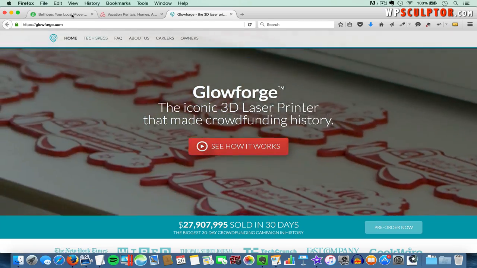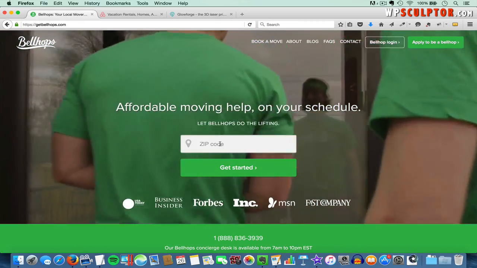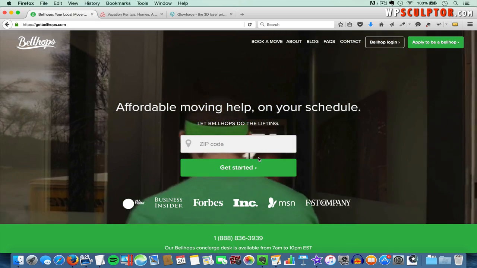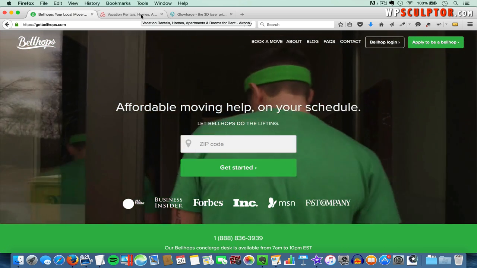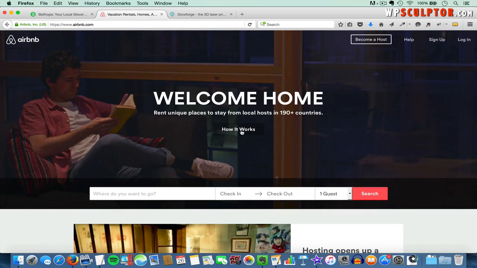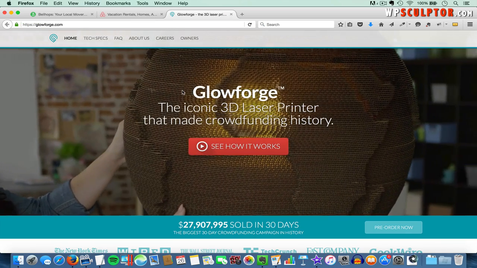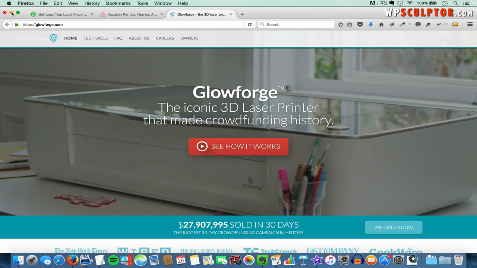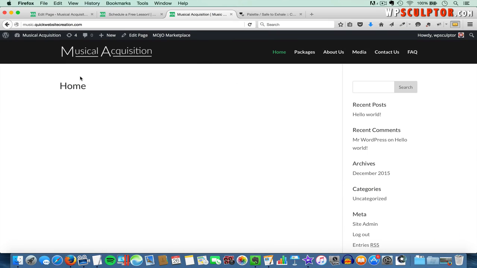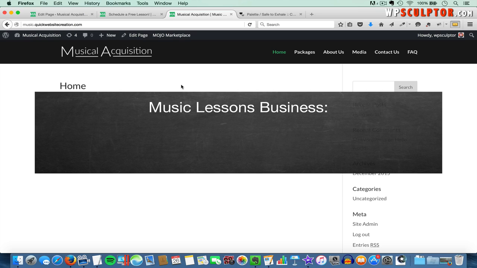In the case of Bellhops, they want you to put in a zip code so that they can schedule a moving appointment for you. But if we look at Airbnb and Glowforge, they want you to learn more about their product or service. So in all three cases, they want you to take a certain action that will hopefully lead to business revenue. Now, in our case, we have this fictitious music lessons business, and for our call to action,